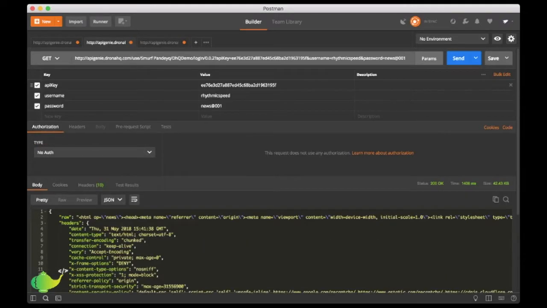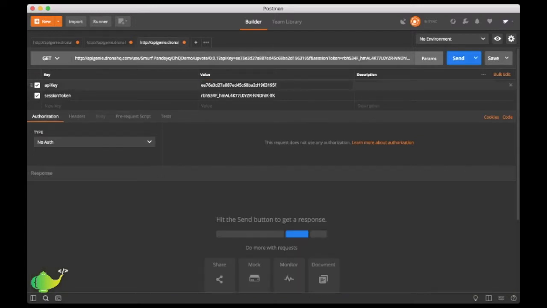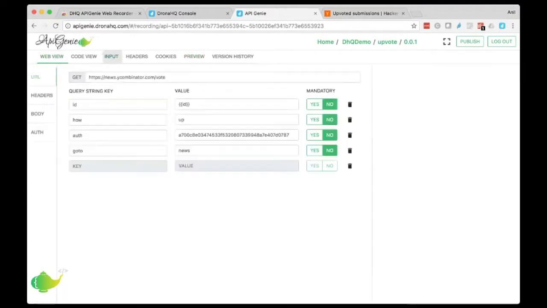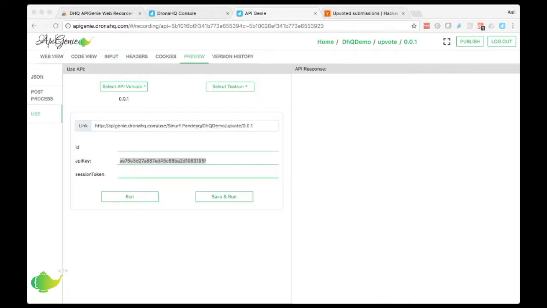Along with these two things, we need to also provide something called ID, because that ID is part of our dynamic input. So let's try to upvote this first item,